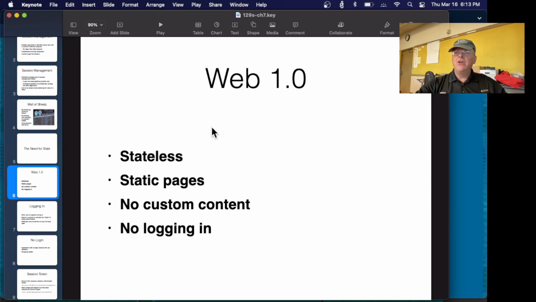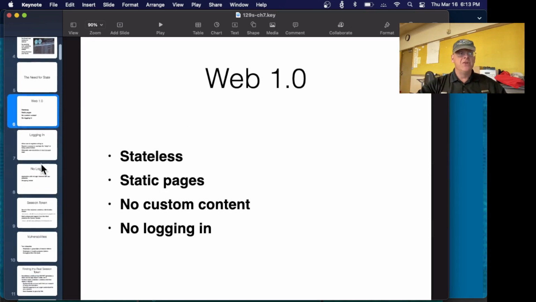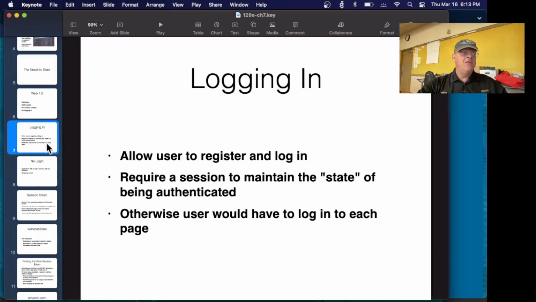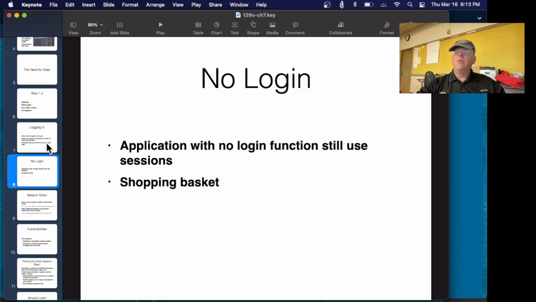In Web 1.0, you just have a web page with HTML files and images just sitting there, no logging in, no Twitter or comments or anything, so there wasn't really any state to steal. But then we have the modern Web 2.0 where people can log in and then each person is seeing different content, and you can put up content like email and tweets and such. And so now we have to know who you are to know what you're allowed to see. And we don't want you to keep having to log in for every page, so it has to remember who you are.